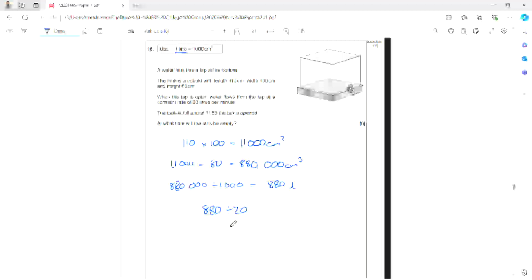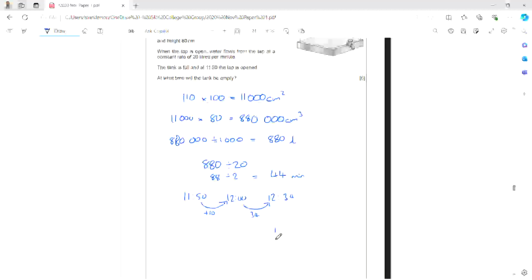Okay, that is the same as 88 divided by 2, which means it will take 44 minutes to empty. If it takes 44 minutes to empty and we start at 11:50, well, if I add 10 minutes onto that, I get to 12 o'clock, and then because I wanted 44, I need to add another 34 minutes on, so my final time is 12:34, so it will be empty